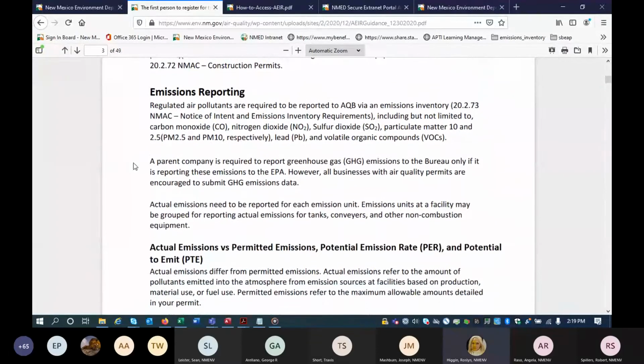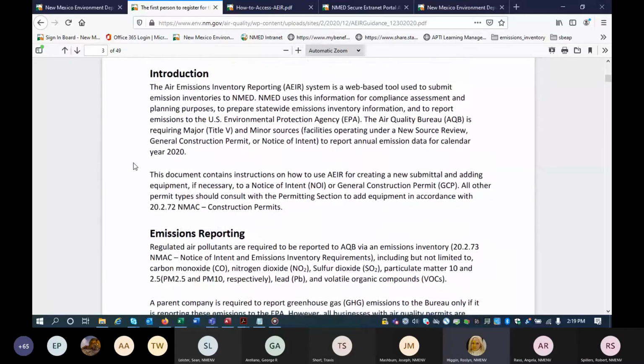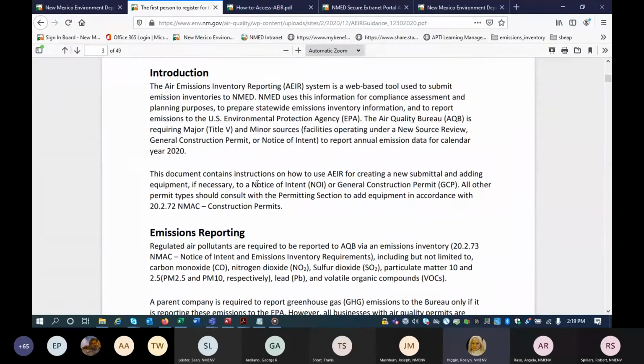Okay, and so we have added enhancements to AEIR to add equipment, but that is for notice of intents, GCPs 2, 3, 5, and 6s. Okay, let me repeat that. That's for a notice of intent. You can add equipment for GCP 2, 3, 5, and 6.